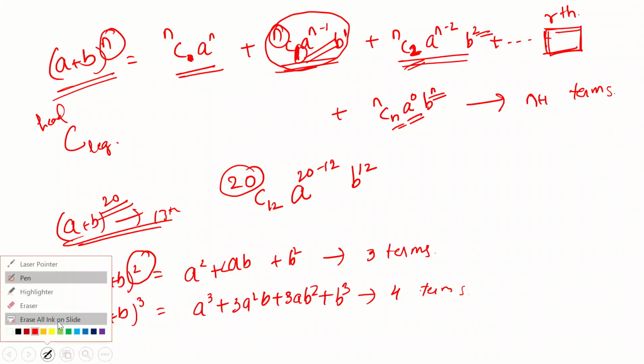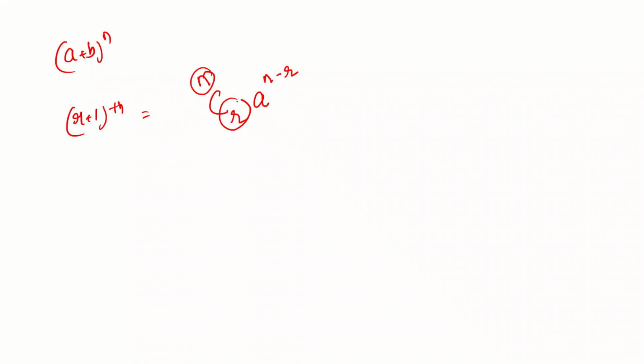Okay, so (a + b)ⁿ, and in general, if I want to find a particular (r + 1)th term, then I told you that the (r + 1)th term will have one less, that is r, in the leg of C and n at the head of the C, and then A's power will be n minus r because it is head minus leg, and in the power of B we'll have just the leg, r. So this is the (r + 1)th term.